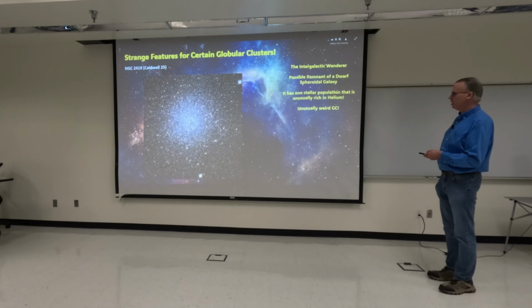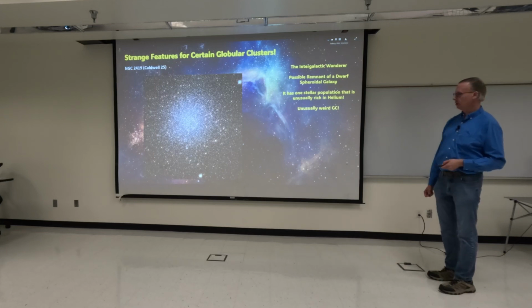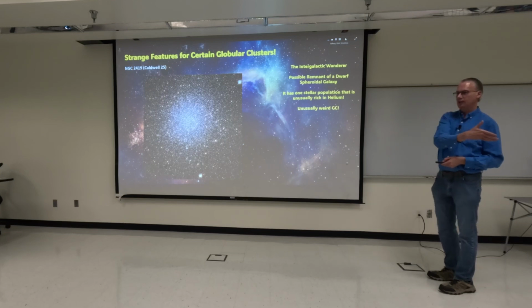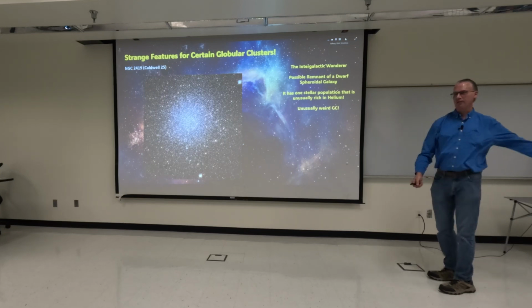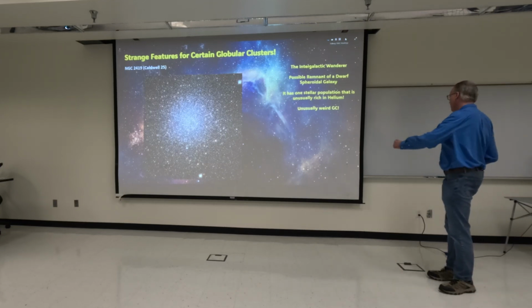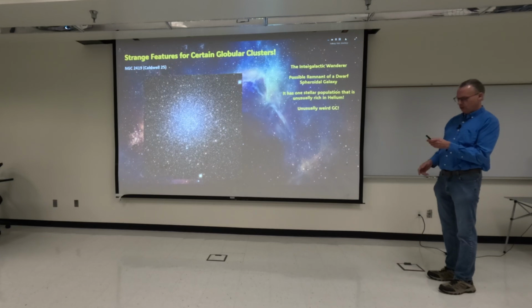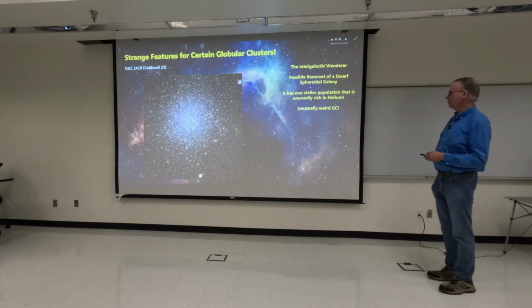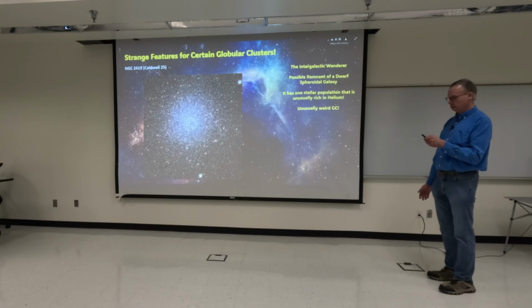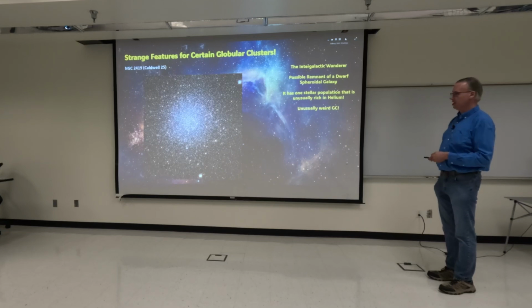Caldwell 25, NGC 2419, another possible remnant dwarf spheroidal galaxy. Everybody should know this. It's the intergalactic wanderer that's sort of moving at 350,000 light years away. What's odd about it is that it came from another galaxy. It's moving through our galaxy and it's receiving a gravitational slingshot by the Milky Way galaxy. So it's moving through the galactic halo, and it's not going to stay there. So it's going to be that rogue dwarf galaxy remnant, gigantic globular cluster. If it was actually very close to us, it would probably be as bright as Omega Centauri. But it does have a stellar population that's unusually rich in helium.